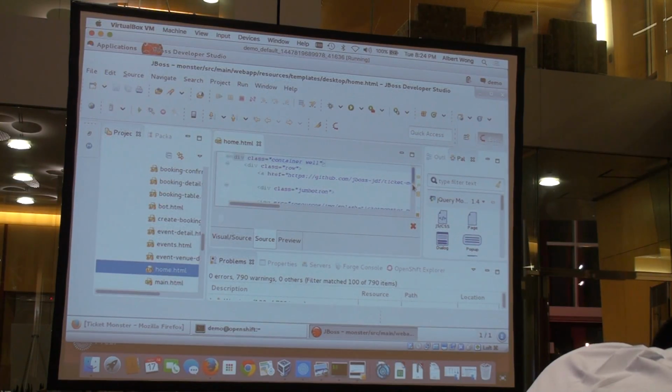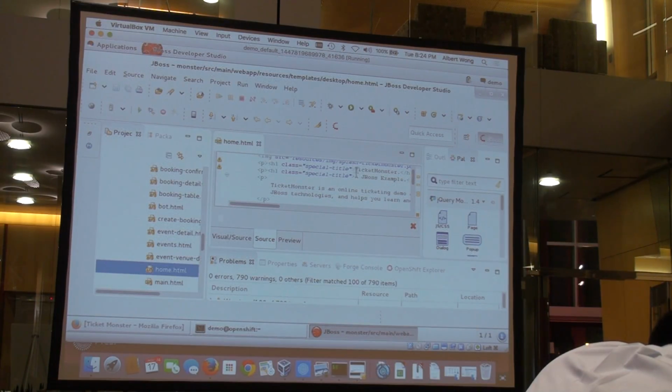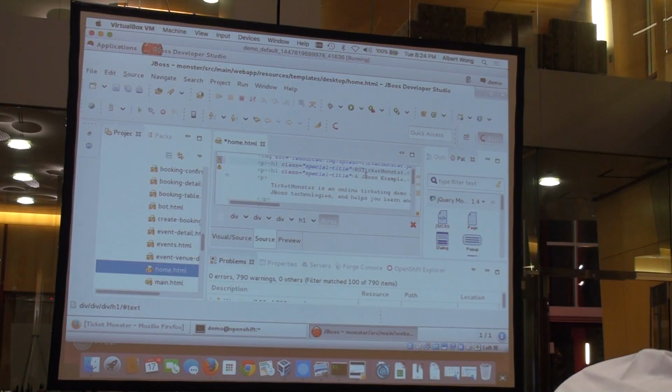So this is the main file on the front page. Right now it just says Ticket Monster or JBoss example. So if I just type in ResNet and I save the file,